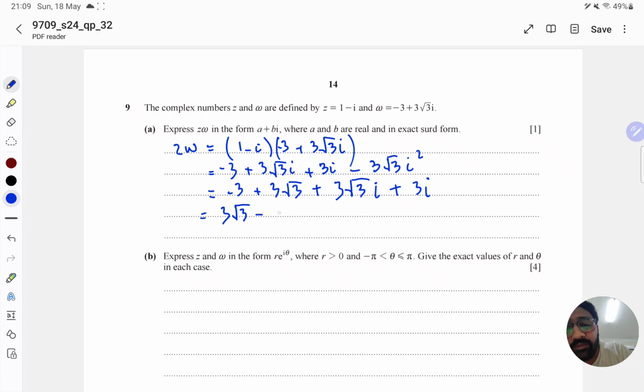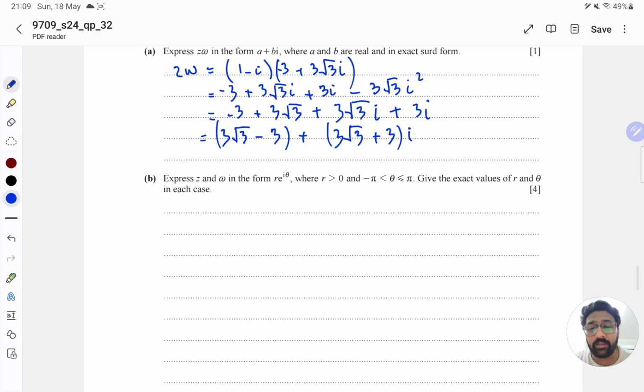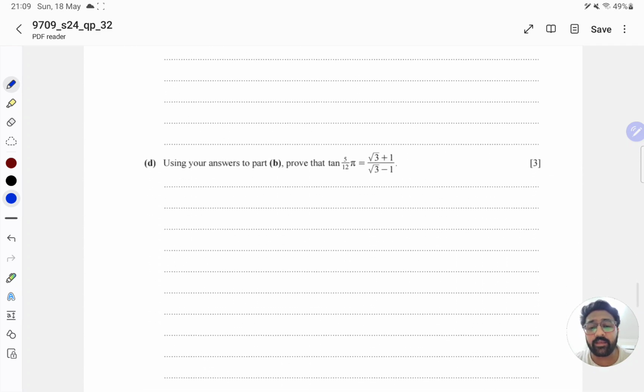3 square root of 3 minus 3 is the real part. I can take the imaginary part out. It will be 3 square root of 3 plus 3, and it will be the imaginary part. Now in the next part he says that express z and w in the form of,